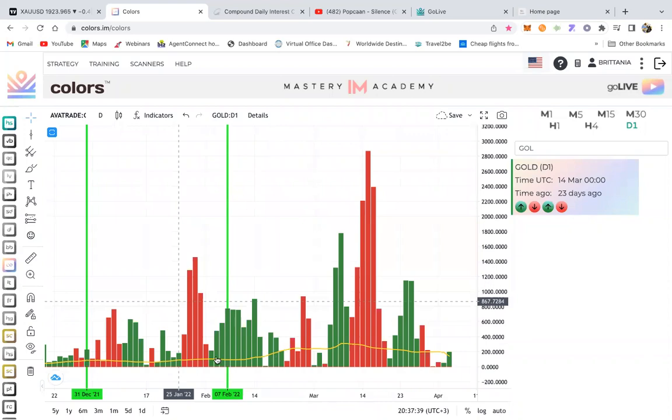Now the yellow EMA line represents momentum. Once you see the bars are above the yellow line, it means that there's a lot of momentum coming into the market, a lot of sellers or a lot of buyers coming in, right? And once you see them clip above the yellow line, it means that, yes, get ready to get into the trade for a buy. So on this one right now, we have a green volume bar pushing up, right? And it's above it a little bit, not much, but yes, there's buyers coming back in on gold, right?